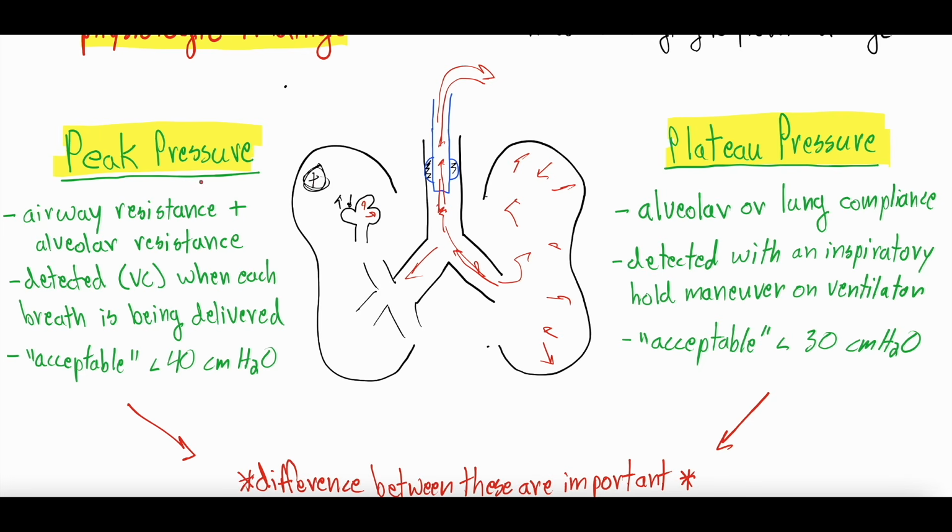The peak pressure is often in the top right corner. It depends on the ventilator brand, but the top right corner. And it's a pressure that you get with every single breath. Whereas the plateau pressure is something you actually have to test for. You have to do this inspiratory hold maneuver that we'll talk more about to get the plateau pressure. So what are these? Starting with the peak pressure